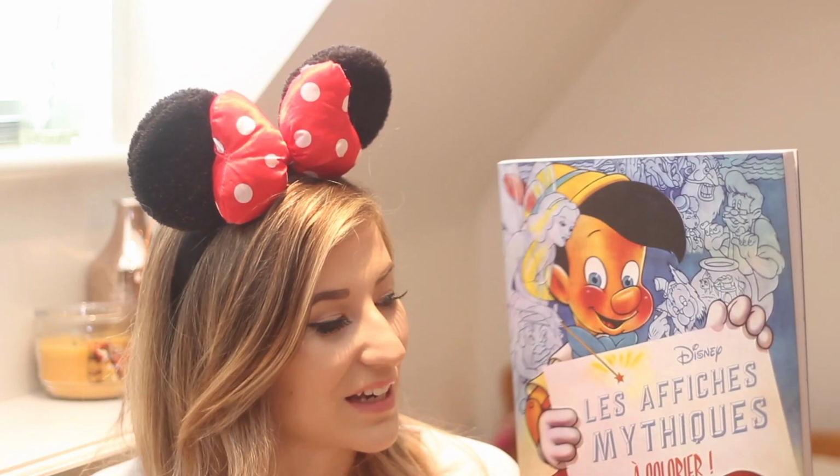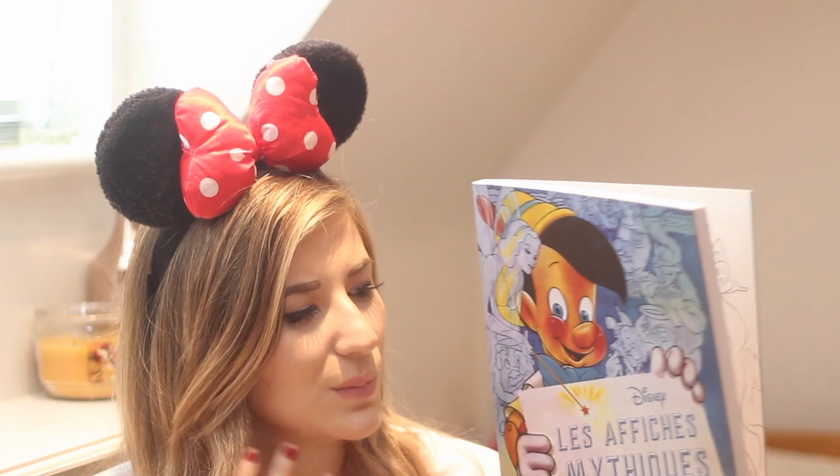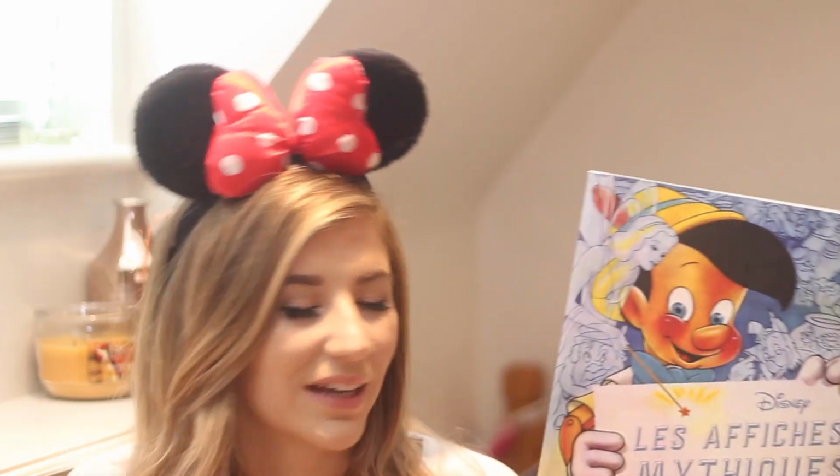I do like colouring. I think it's so relaxing, and I completely fell in love with this, and I think it's so beautiful, and I almost don't want to colour it. I don't want to ruin it. It feels like it should just be on display all the time. I love this. So like I said, I found this in the City Hall shop, the shop that's right next